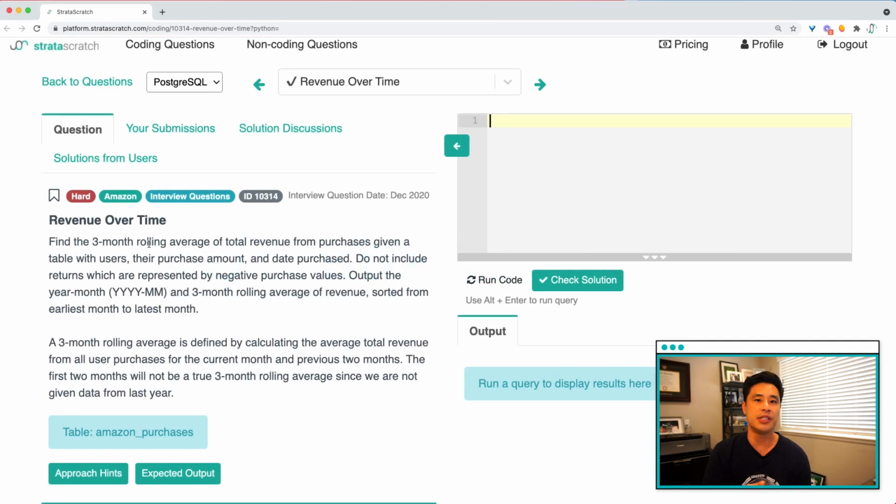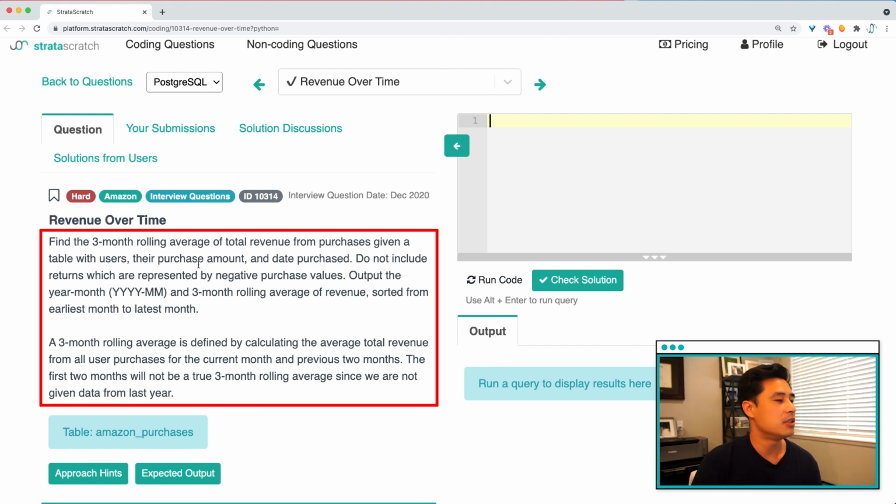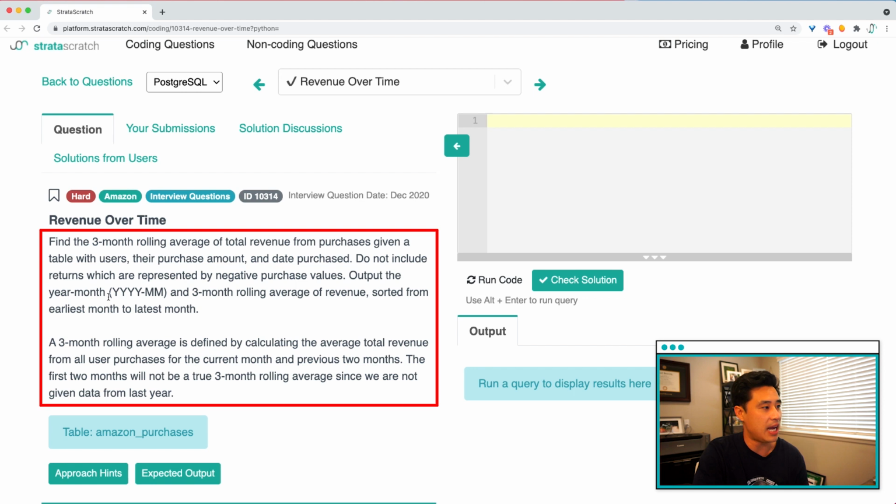All right, so this is the question from Amazon. It's called Revenue Over Time. The question reads, find the 3-month rolling average of total revenue from purchases given a table with users, their purchase amount, and the date purchased. Do not include returns, which are represented by negative purchase values. Output the year month in this format here, and the 3-month rolling average of revenue sorted from the earliest month